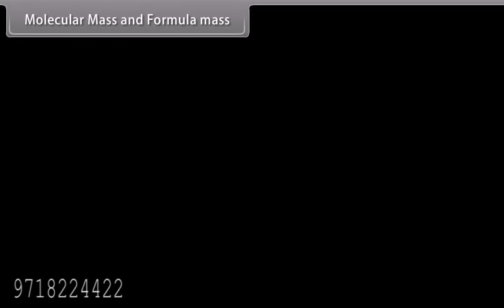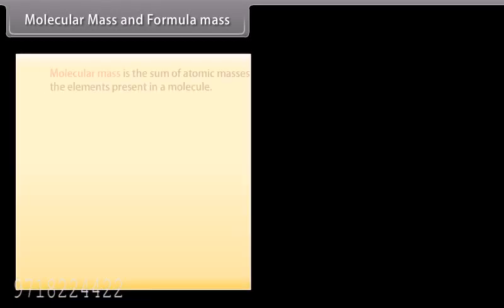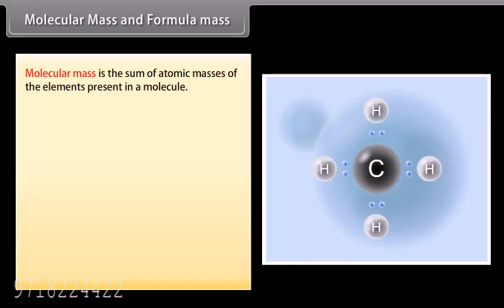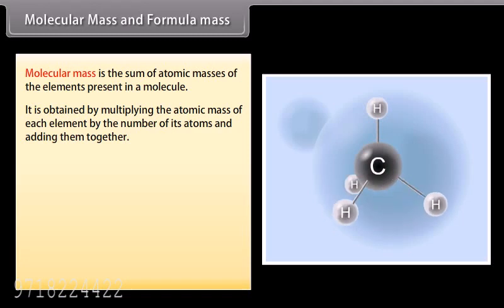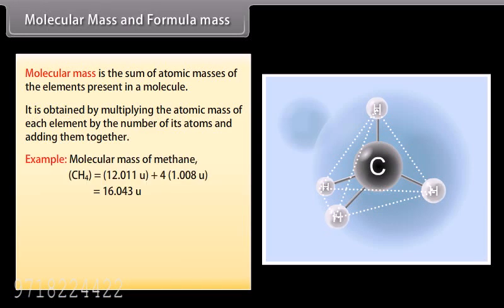Molecular mass and formula mass. Molecular mass is the sum of atomic masses of the elements present in a molecule. It is obtained by multiplying the atomic mass of each element by the number of its atoms and adding them together. Example: molecular mass of methane CH4 is equal to 12.011 u plus 4 × 1.008 u is equal to